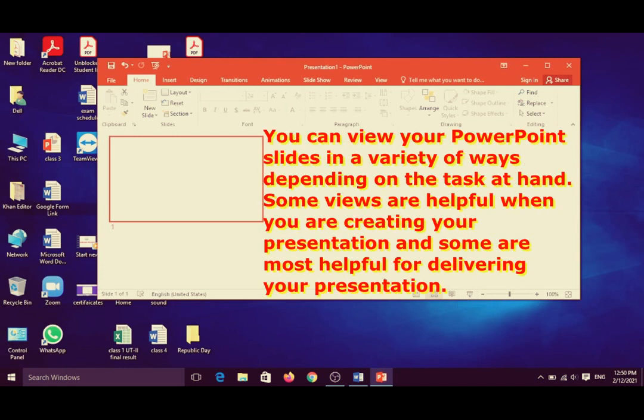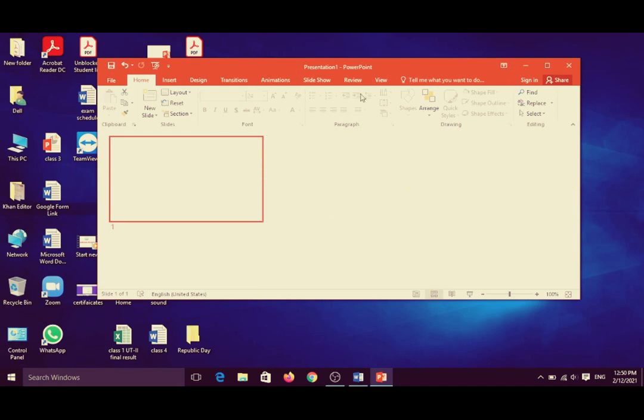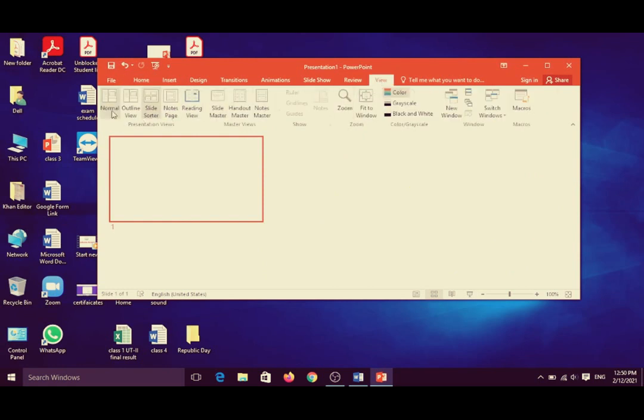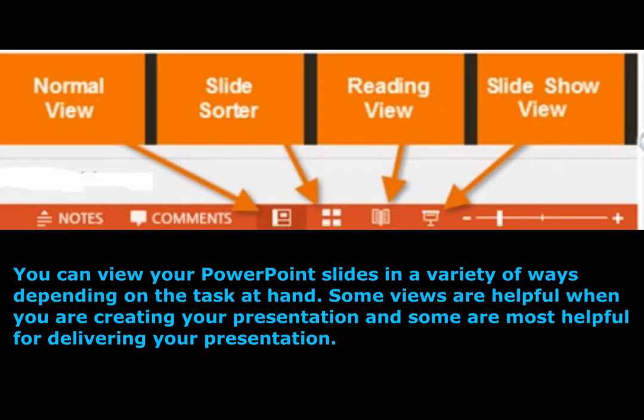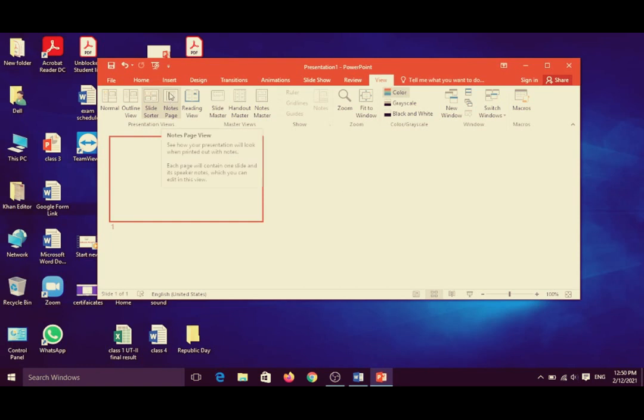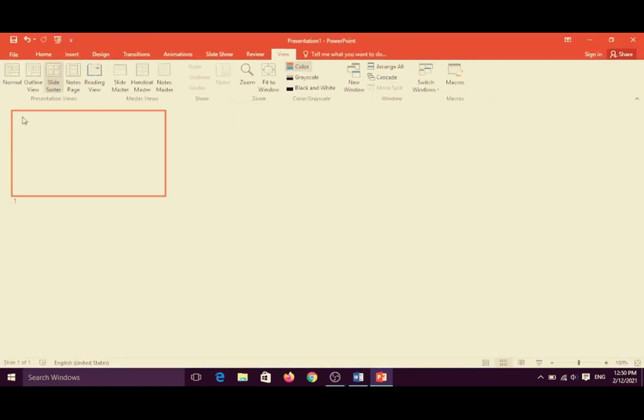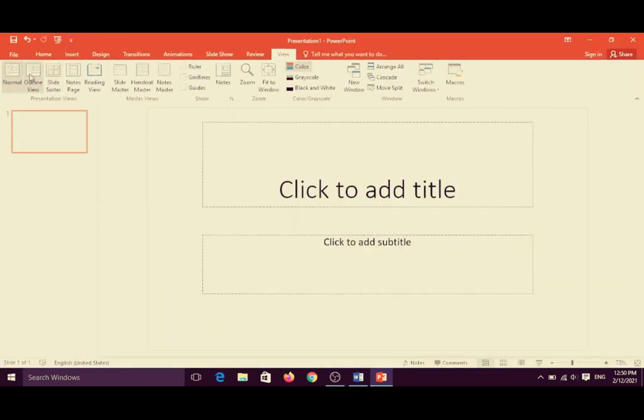Viewing presentation. We can view your presentation slides in a variety of ways depending on the task at hand. Some views are helpful when you are creating your presentation, and some are most helpful for delivering your presentation. Click on View. There is Normal view, Outline view, Slide Sorter view, Notes Page, Reading view. These are the views. Once again, Normal view, Outline view,